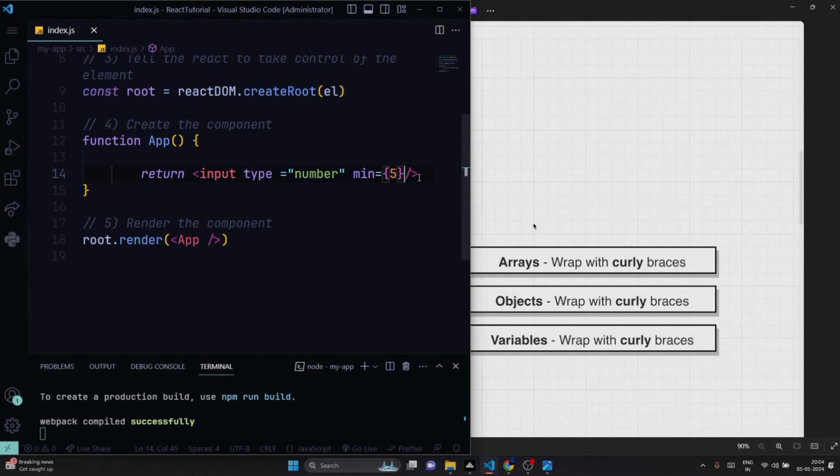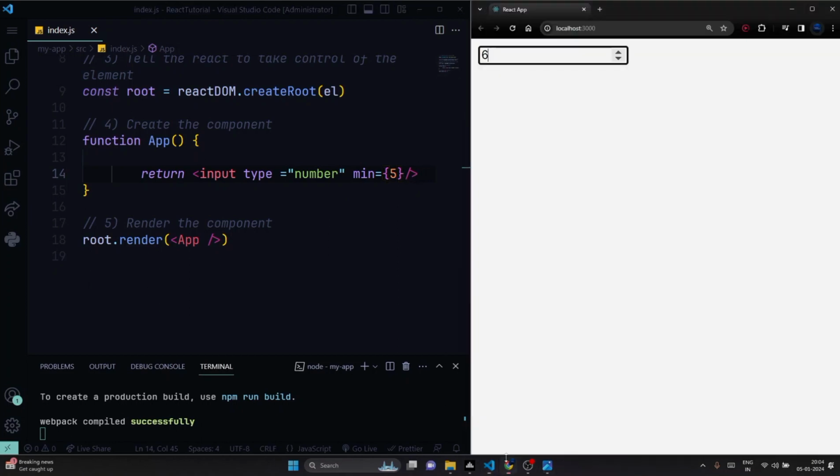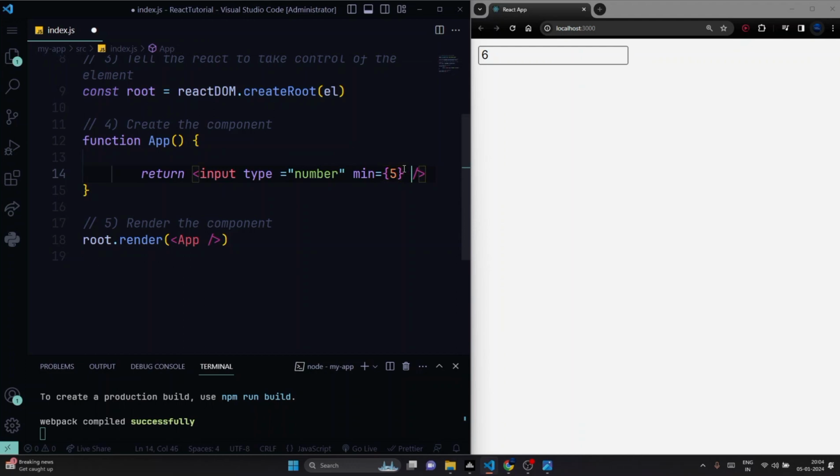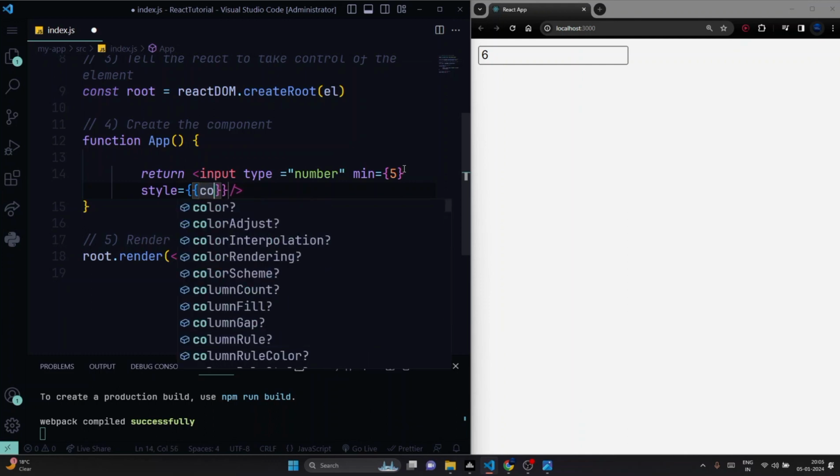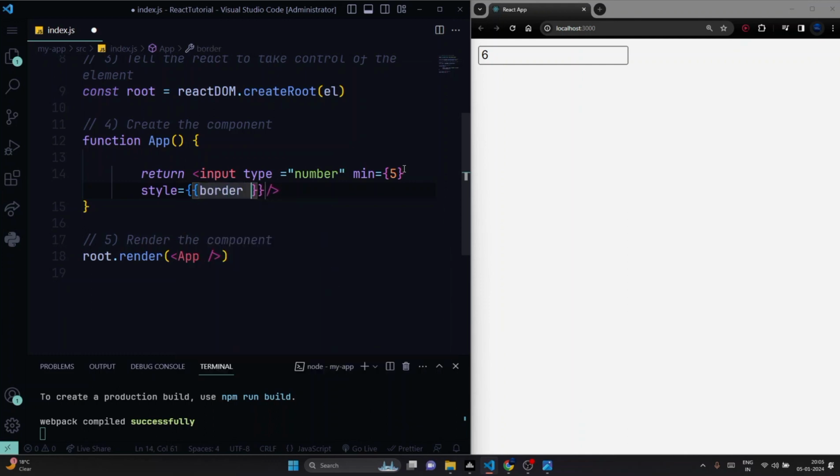Suppose if we want to use style is equal to, and let us say if we want to use color border is equal to, and now we will write 2 pixel solid red, and if we run this, now you can see that our input has got a border of 2 pixel solid red. So this is how it works. And